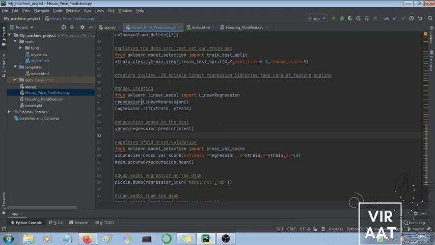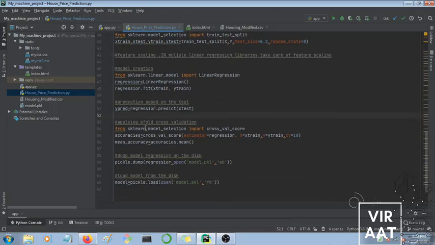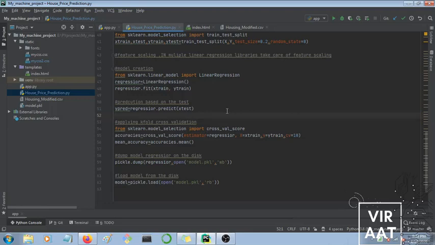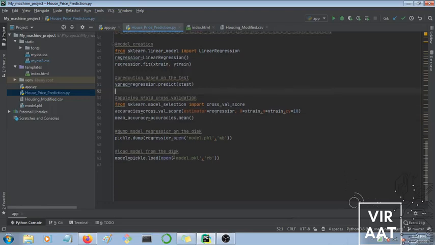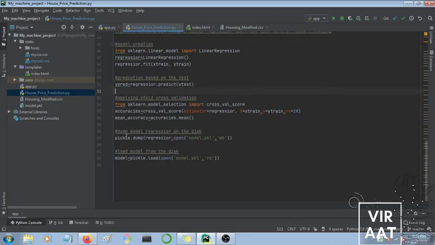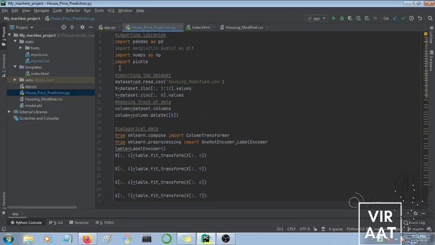As you can see, this is the regressor which is calling this class, and it's fitting the data, which is xtrain and ytrain from here. Xtrain, ytrain. So this is the k-fold cross validation. It's simply for you to check the accuracy of your model. And last but not the least is the dump model. Dump means you use the pickle library. So I have used this import pickle.